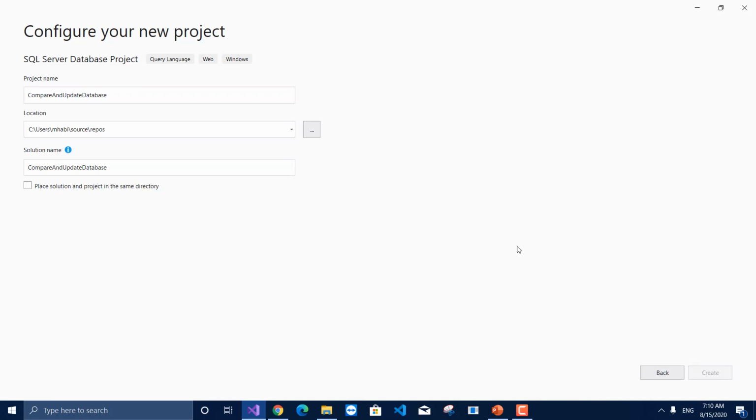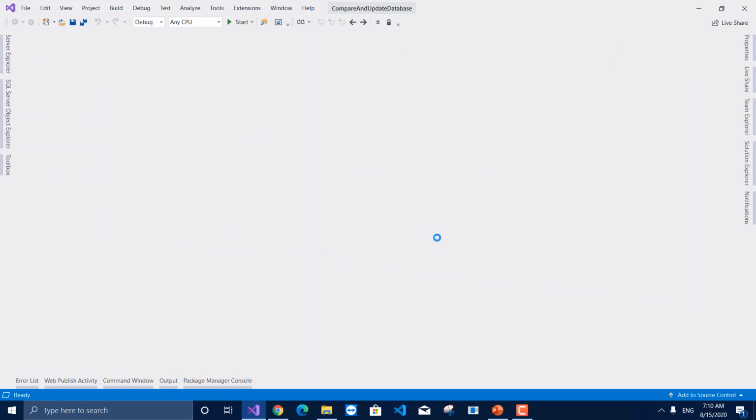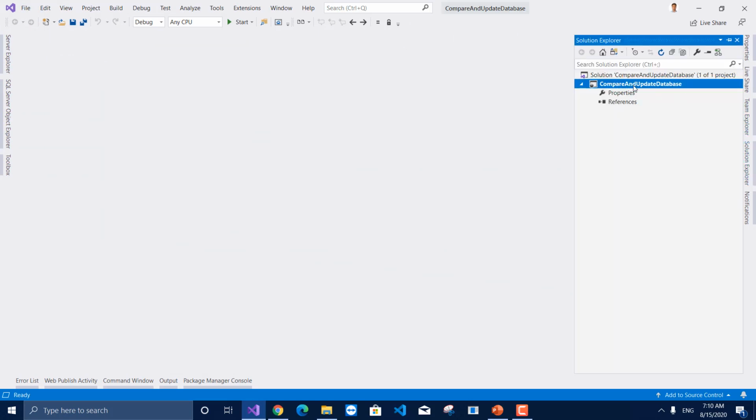Now click on the create button. Visual Studio is creating a database project for me. It will take a few moments. So here you can see Visual Studio has created a new database project for me.